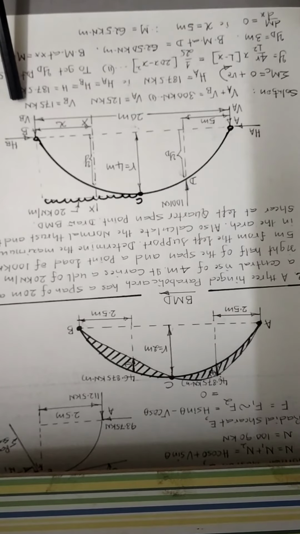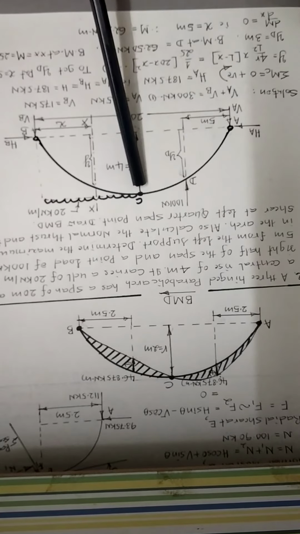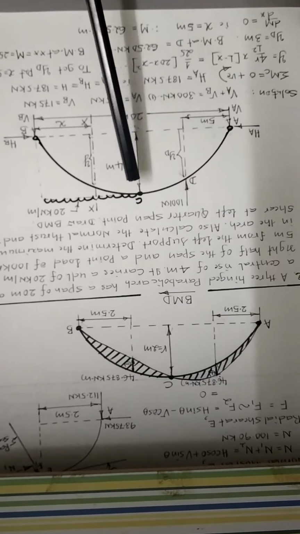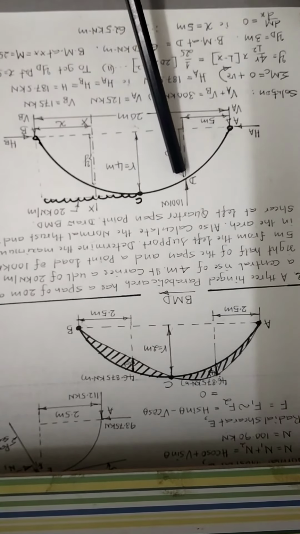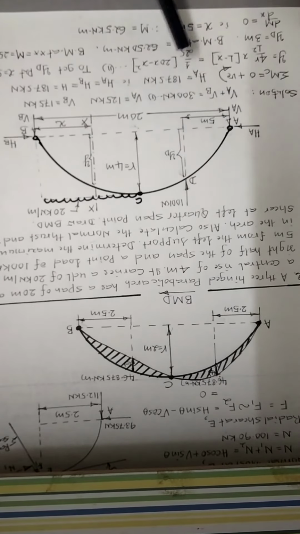Further, calculate the horizontal thrust. While calculating the horizontal thrust, we make use of the condition that moment about the crown hinge should be equated to 0. That can be written as sigma MC is equal to 0, treating clockwise moment as positive. Write down the moment of all the forces lying between A and C about the point C, treating upward positive, downward negative, and moment of horizontal thrust is taken similar to the downward load. Solve for HA. HA works out to be 187.5 kilonewton.